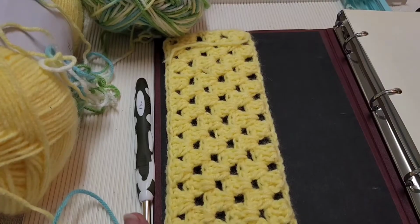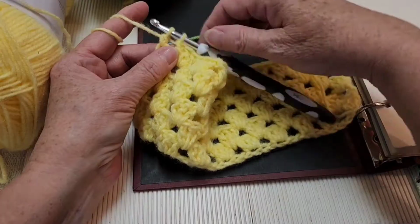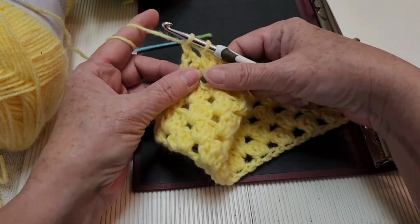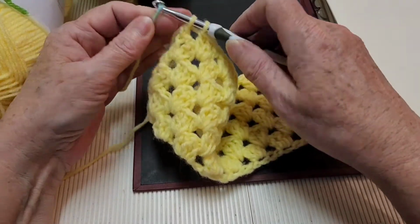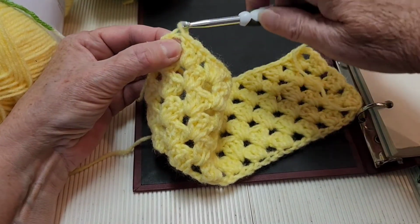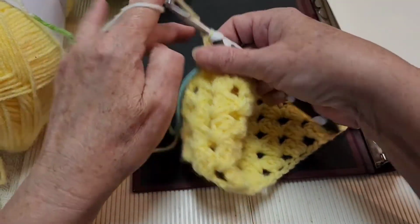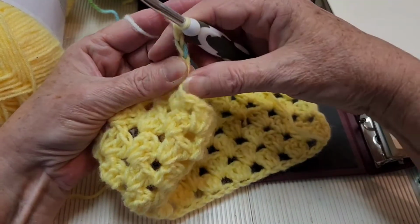Okay, for mine I've done 6 rows. Now yours may be different depending on the size of your cover. I've made my last double crochet almost. I just didn't finish it, so then I'm going to change my color just by pulling my yarn through those 2 last loops of that double crochet, and then I'm going to chain 3 and turn,